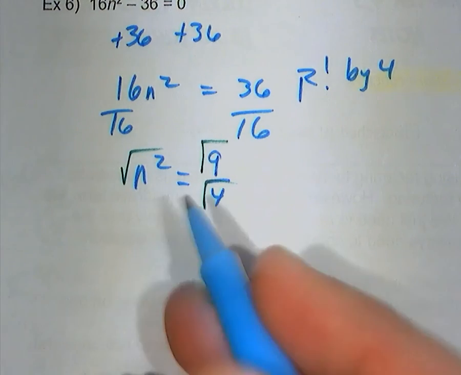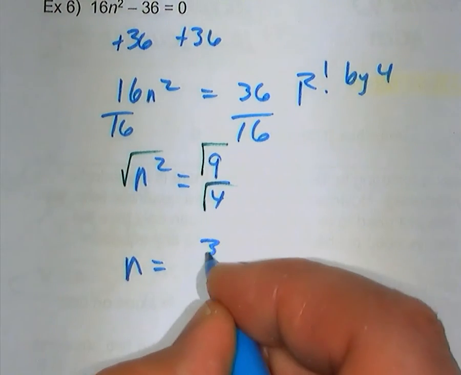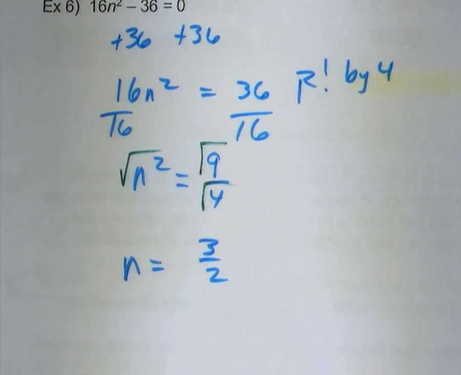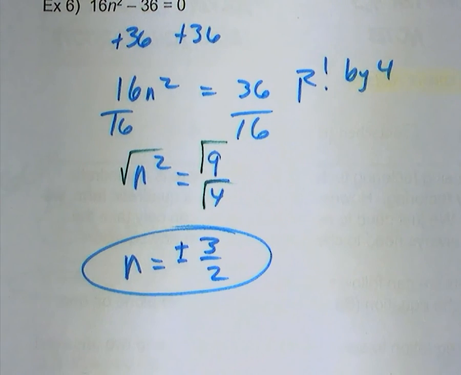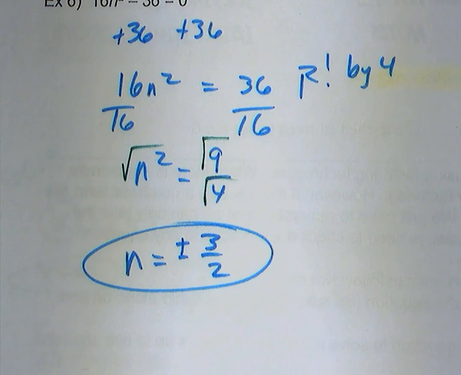So again, we get n equals. What's the square root of 9? 3. What's the square root of 4? 2. So we get 3 over 2, and is that the answer? Don't forget the plus or minus sign. So we get plus or minus 3 halves there. Ladies and gentlemen, that is it for notes. If you take a look at